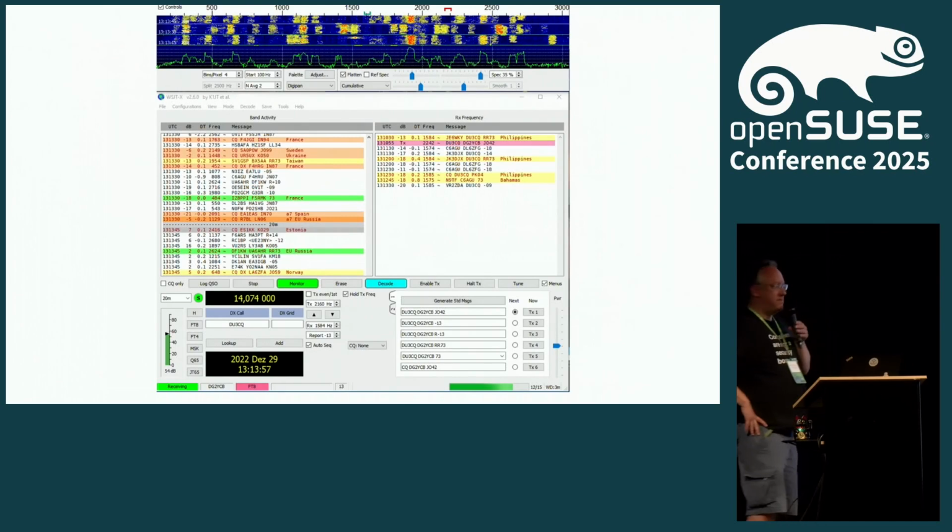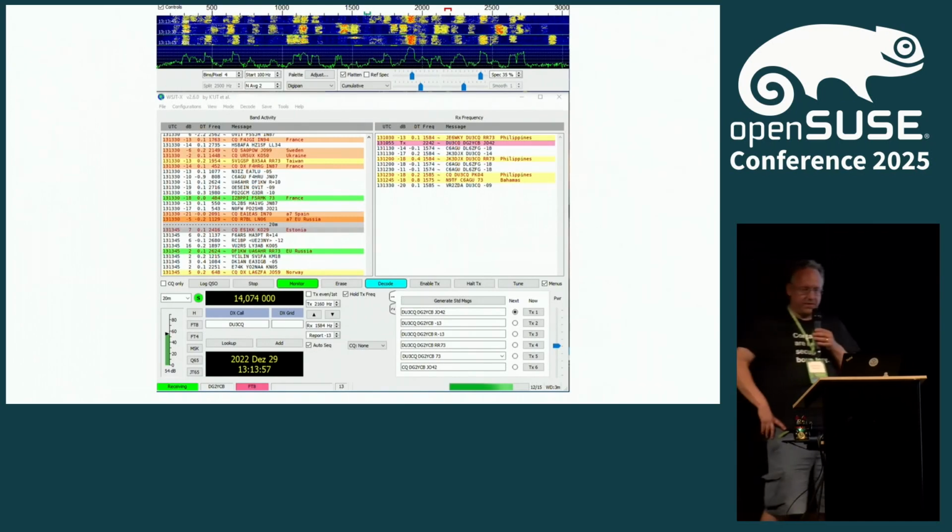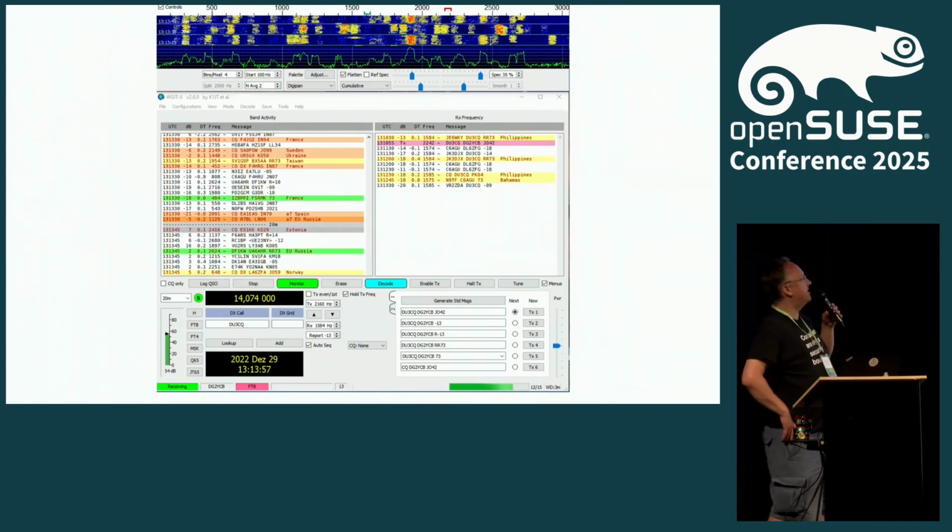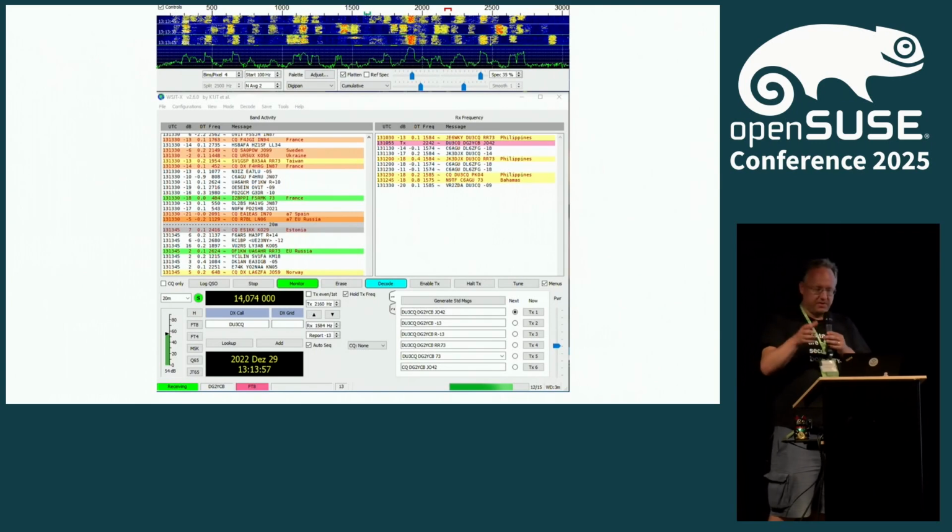A lot of these days, ham radio connections are actually digital. This is WSJT-X, running weak signal protocols suitable for weak signal propagation. So that's really long range on shortwave.